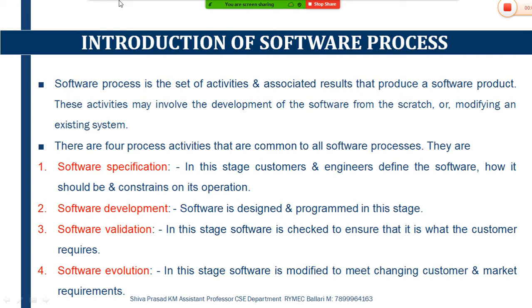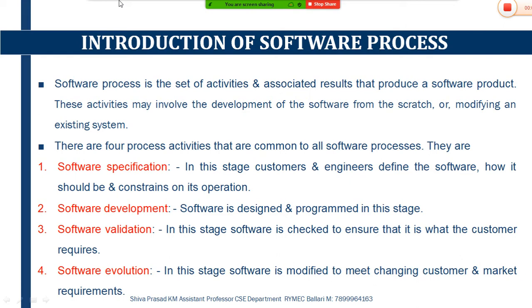There are many types of software process which can deal with the development of different types of software products. But each and every type of software process requires these four important fundamental activities compulsorily. Without these four important fundamental activities, we can't develop any software product. So whenever we want to develop a software product, these are the four important activities which we need to carry out compulsorily in order to develop the product.